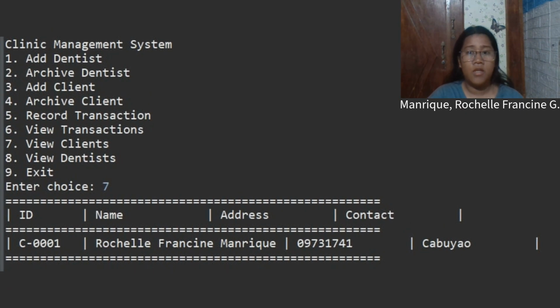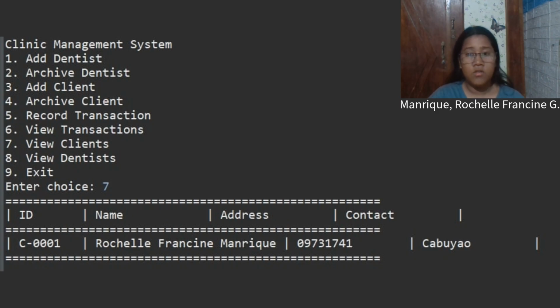The user selects 7 for view clients. The system displays a table containing the list of registered clients with the following fields: ID, name, address, and contact. Although the client records are successfully retrieved, there is a noticeable error in the data arrangement.